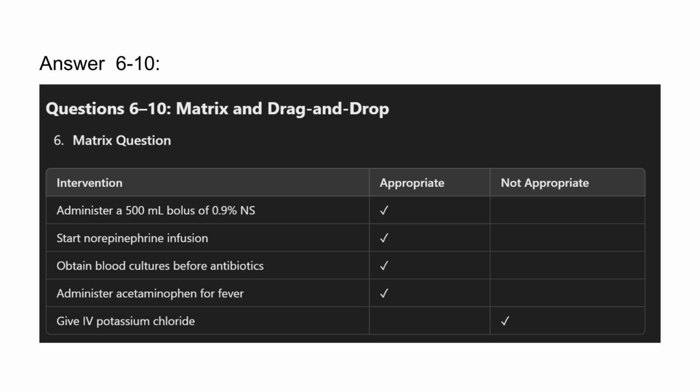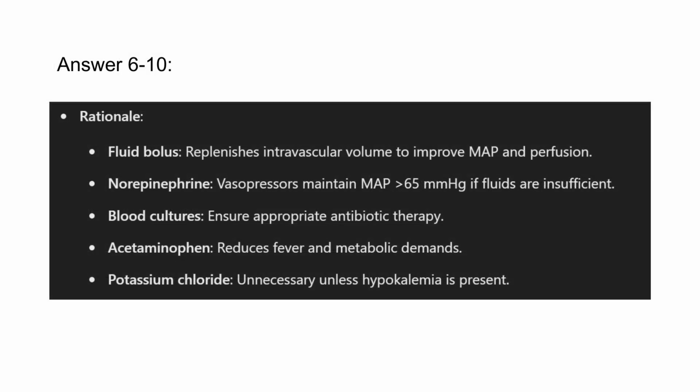3. Obtain blood cultures before antibiotics. Appropriate. 4. Administer acetaminophen for fever. Appropriate. 5. Give IV potassium chloride. Not appropriate. Rationale. Fluid bolus: